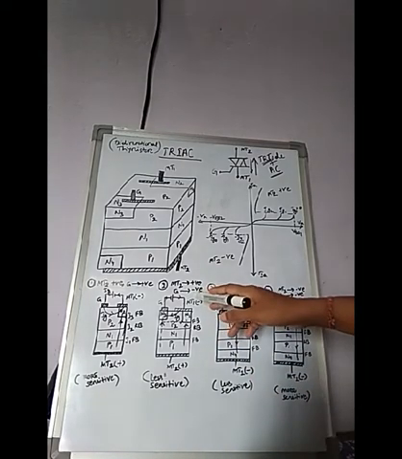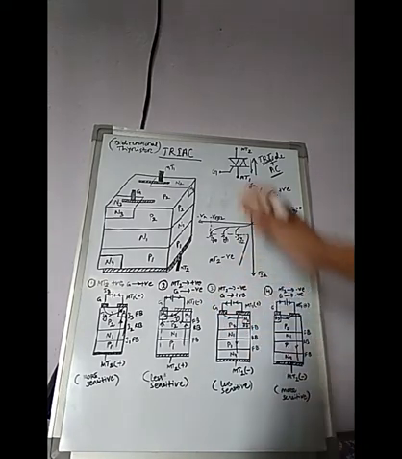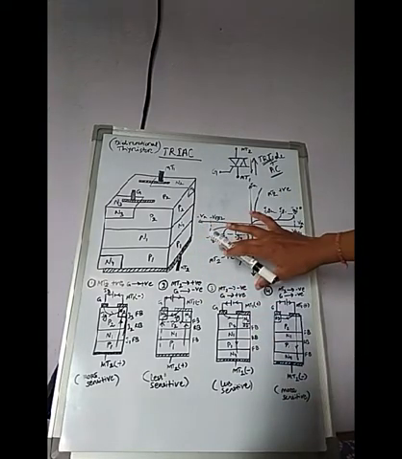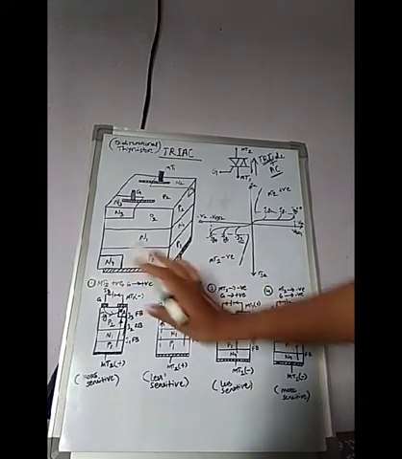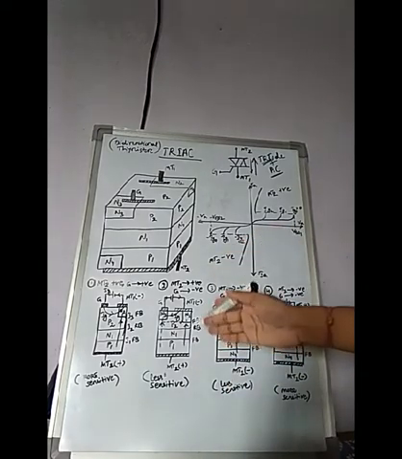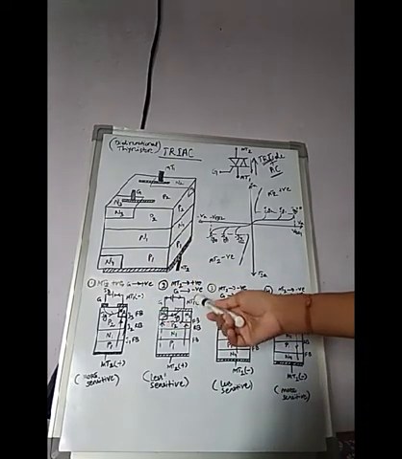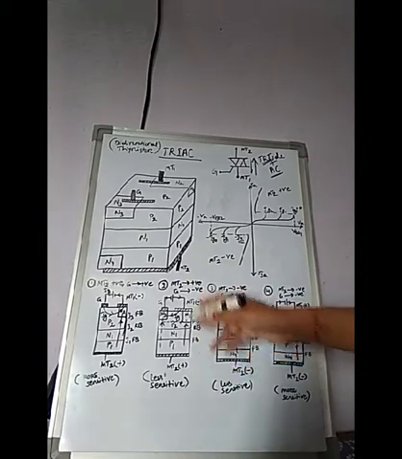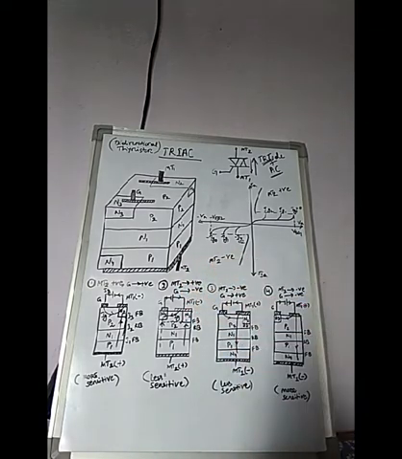The second mode is when MT2 is positive and the gate is negative. Whatever applied voltage we give is the same as in mode 1. Here also MT2 is positive and MT1 is negative, but the only change is the gate signal. In the first mode we gave a positive gate signal, but now we apply a negative gate signal. So when we apply negative gate current, what changes happen?